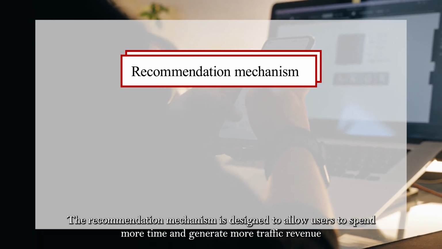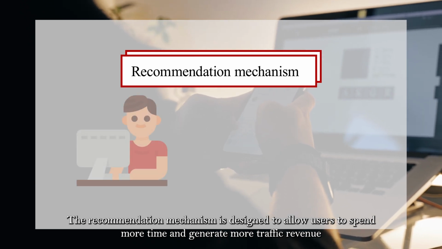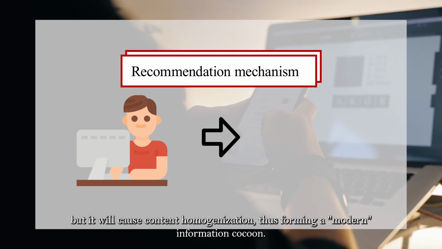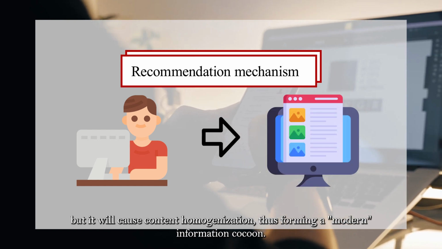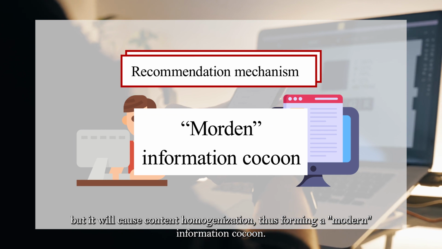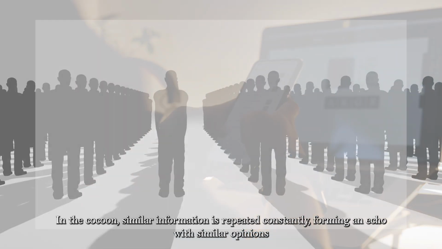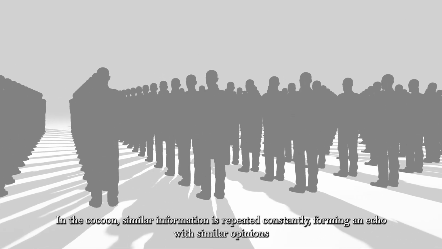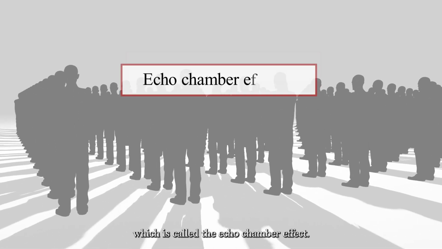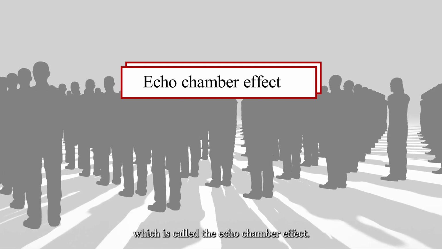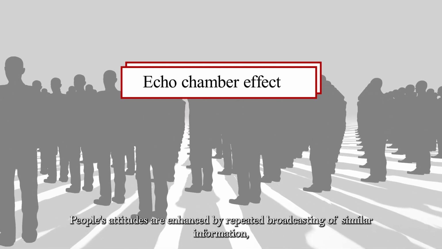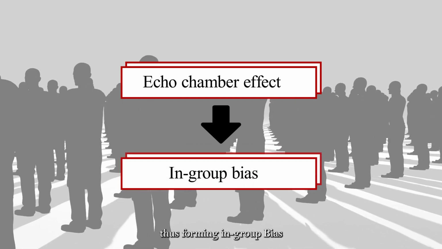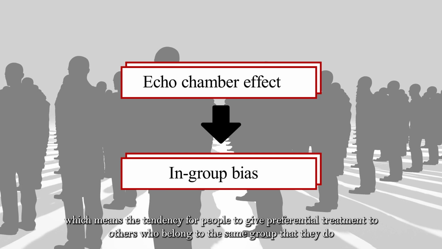The recommendation mechanism is designed to allow users to spend more time and generate more traffic revenue, but it will cause content homogenization, thus forming a modern information cocoon. In the cocoon, similar information is repeated constantly, forming an echo with similar opinions, which is called the echo chamber effect. People's attitudes are enhanced by repeated broadcasting of similar information, thus forming in-group bias, which means the tendency of